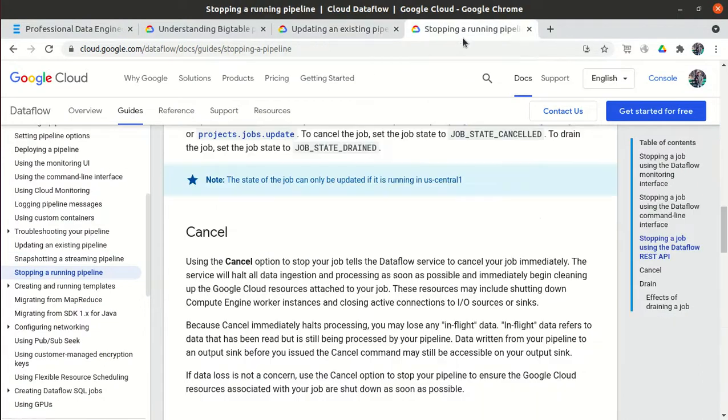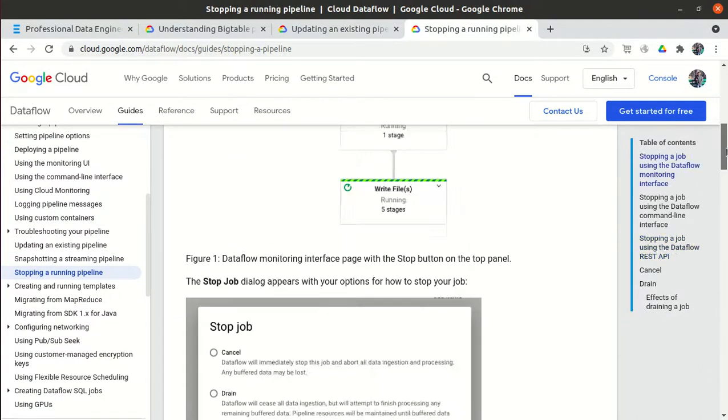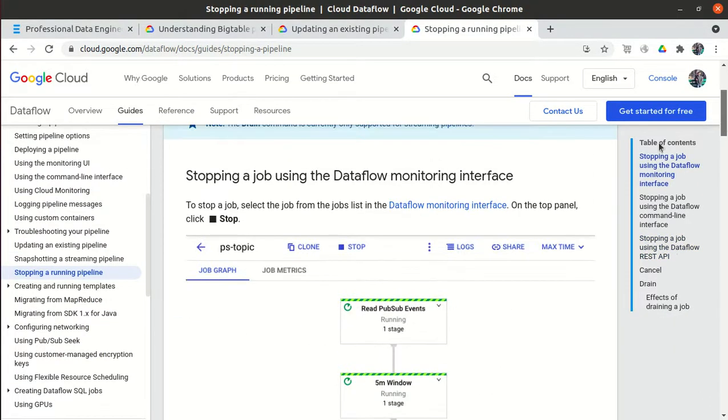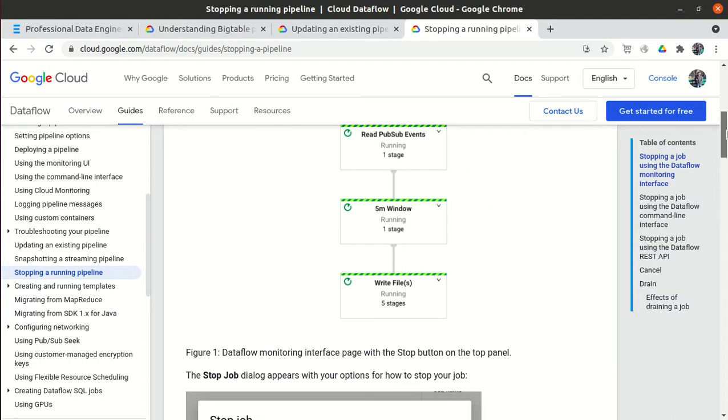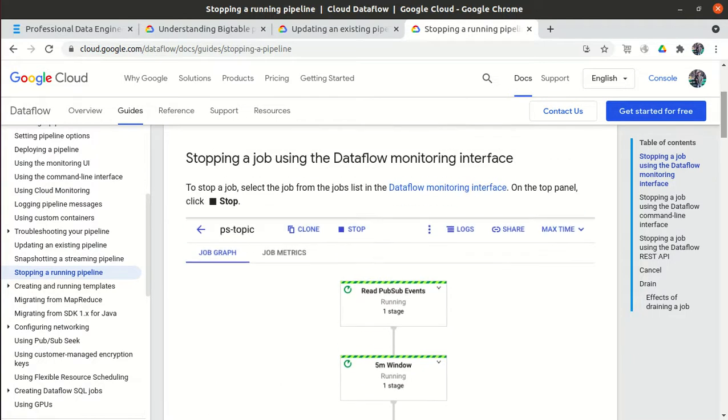So let me show you. In Cloud Dataflow, generally you see this kind of pipeline. It will read the events from the PubSub, then it is running, and it is writing to the sink. And you will see some options here: clone, stop, logs, share.